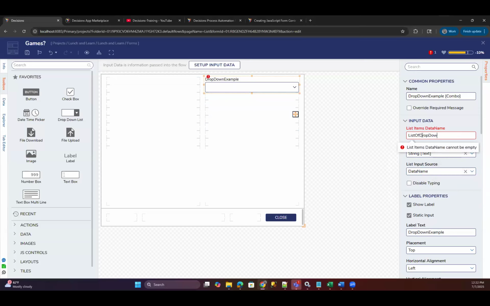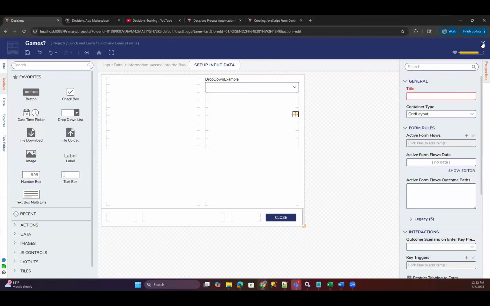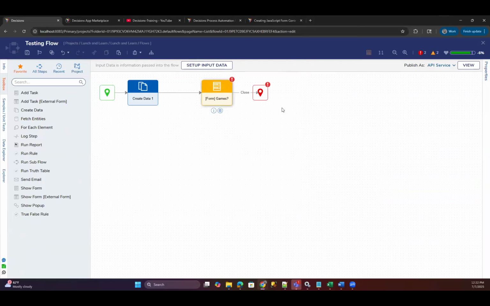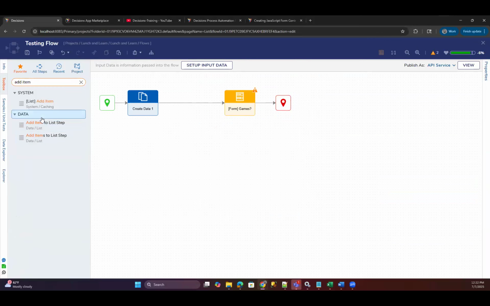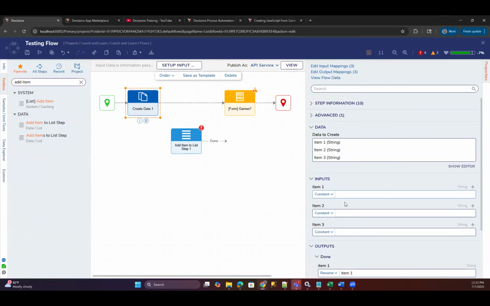and I'll call this list of dropdowns, whatever, it's just whatever that information is coming in as, then what'll happen is on the form, it's going to have a list, right? So now I have a list that's going to be all of the items that I want to grab from. And then I can use some variation of the add item to list steps. So you could use add item to list to grab your individual items.